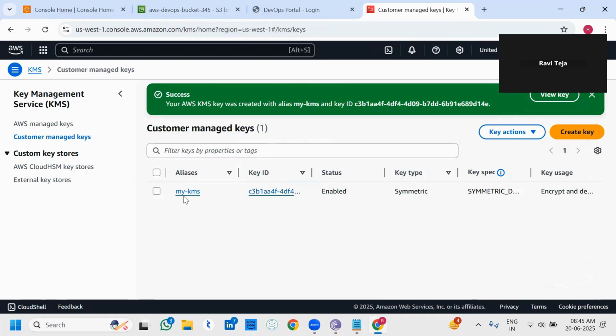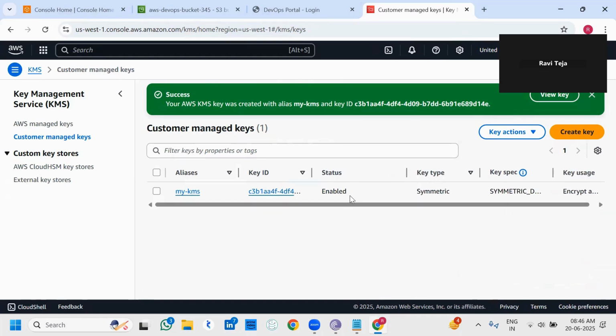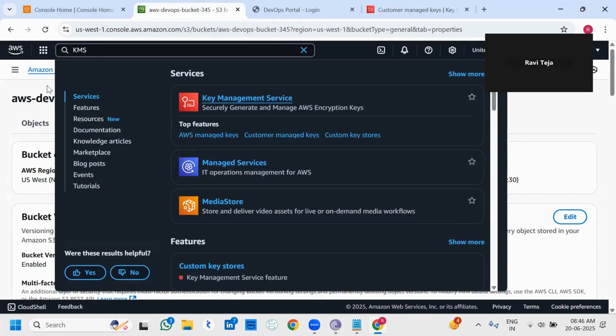Okay, we have created the KMS key, right? So this is the way we have to enable encryption, and also make sure that, come here,